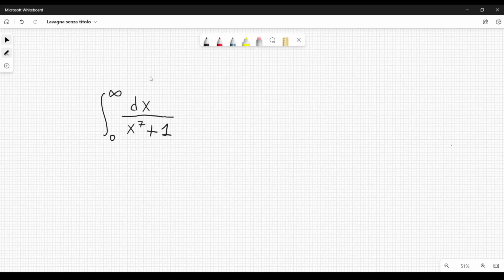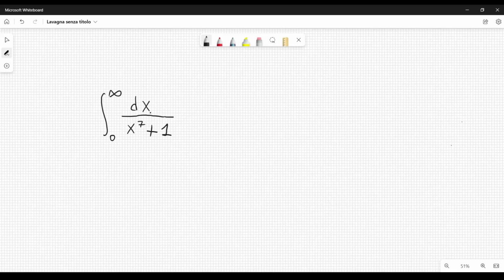In this video we are going to calculate this integral using complex calculus, and in particular it is the integral of 1 over x to the power 7 plus 1 in the denominator from 0 to infinity. We will see that this integral is much easier to compute in complex calculus rather than using simple calculus, because